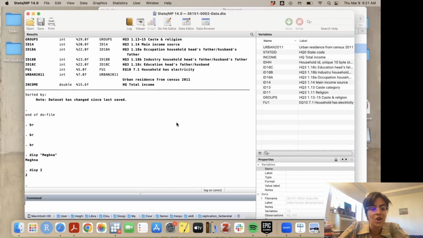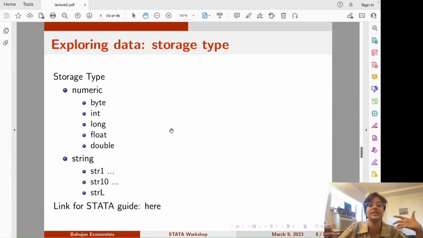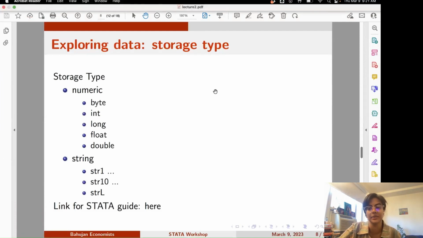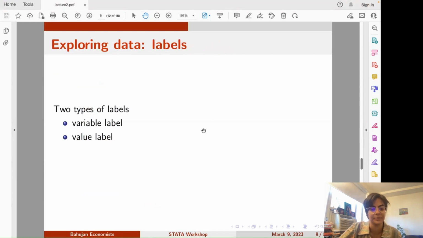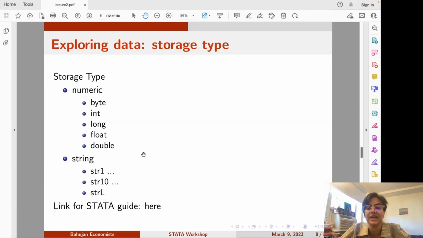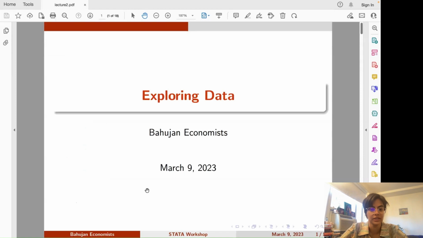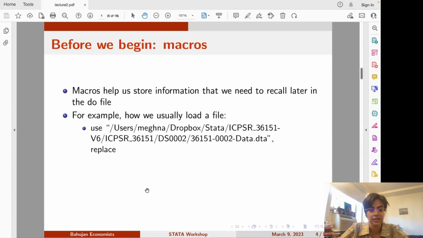I know all of this is a lot at once, but it becomes clearer once we go into how this stuff will be used, because it's when we start using it that what we are doing becomes clearer. So now let's go to labels, as long as nobody has any very pressing doubts about storage type. In your slides, you will see that there is a link for the STATA guide. If you click on the link,